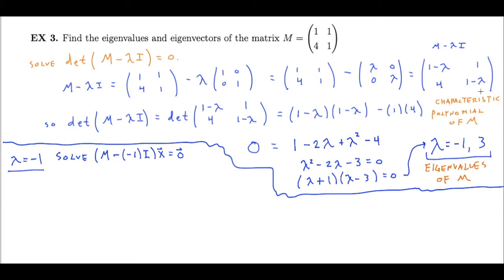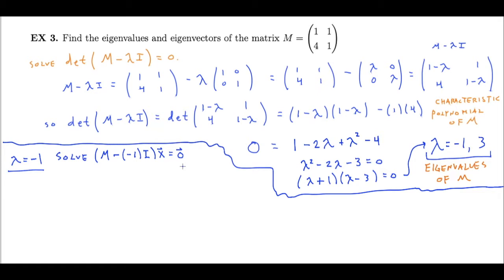So what I can now do is return to this matrix, plug in the specific lambda value that I'm considering at the moment, which in this case is lambda equals -1, and then solve the system where that whole thing is acting as the coefficient matrix,